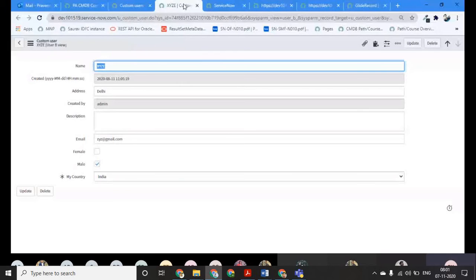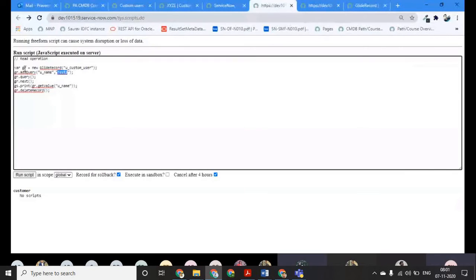Now I am moving towards how to create a record. We have seen how to read, how to update, how to delete. Now we will see how to create.